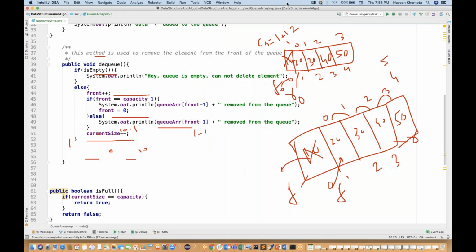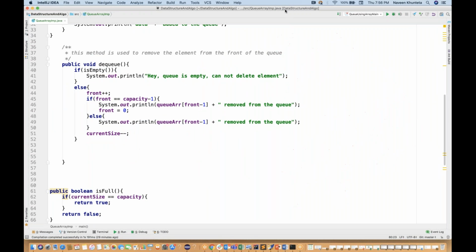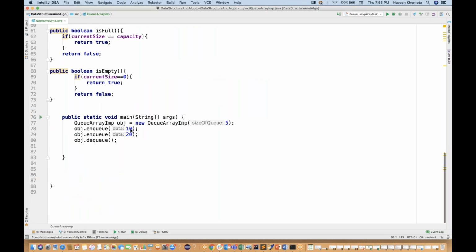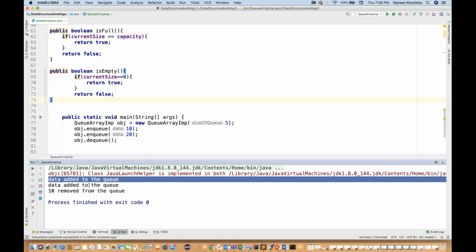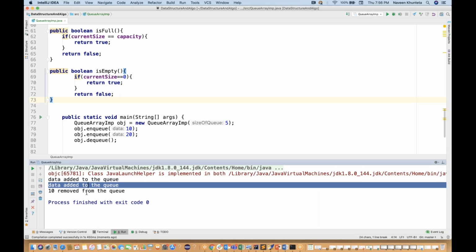So now let's remove this drawing, and let's see. So first I have done what I have done, 10 and 20, and dequeue. Dequeue means the first element 10 that I have added, it will be removed. So let's run it and let's see. So you can see that, okay, data added to the queue, data added to the queue, and then 10 will be removed,